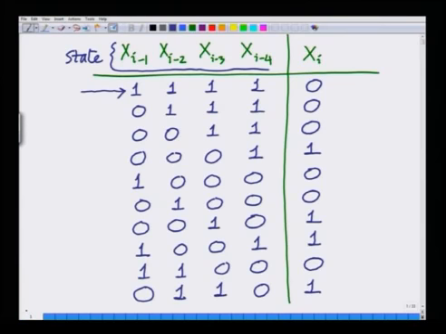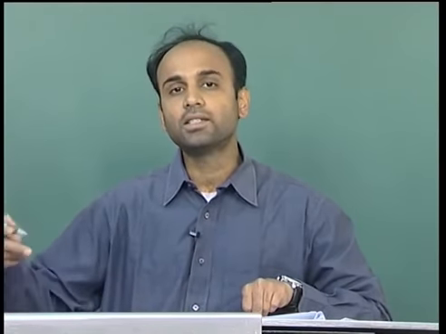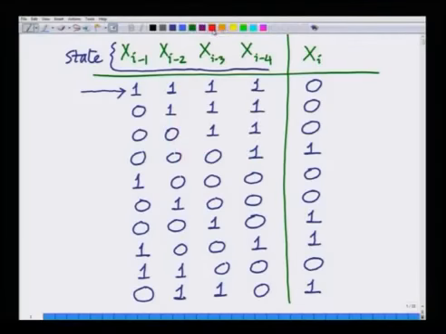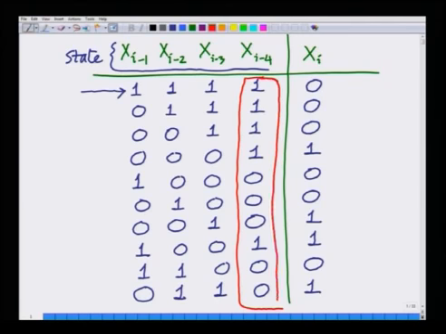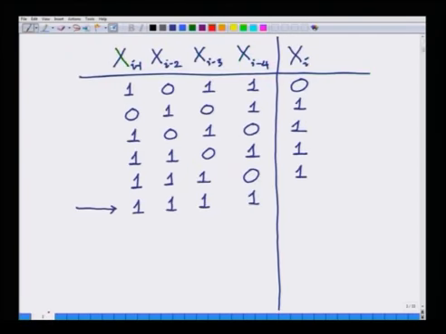Hence, the outputs of this linear feedback shift register are periodic. Remember, we already said the output is nothing but xi minus 4, hence the output sequence, I am boxing this output sequence over here, of this linear feedback shift register is this